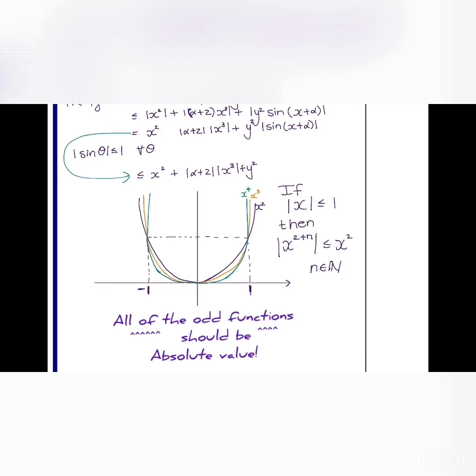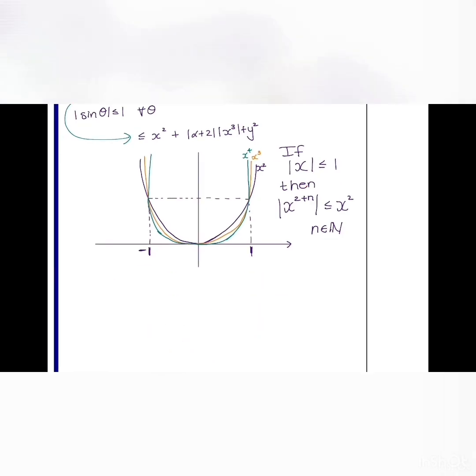Now we could go to x, because absolute value of x is obviously greater than this between -1 and 1. But we want x squared, as I've said before, because the norm that we use in our definition of limits is the Euclidean norm, and in that norm we have squares. So let's continue. So now you can say, if I restrict x to be less than or equal to 1, then